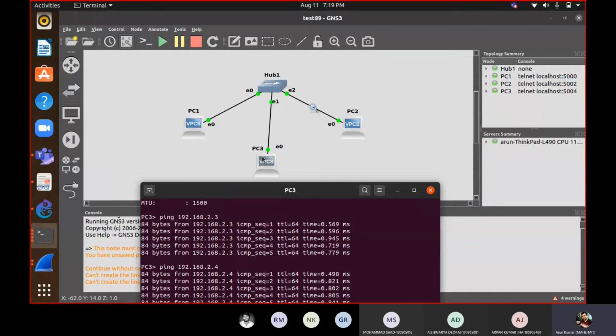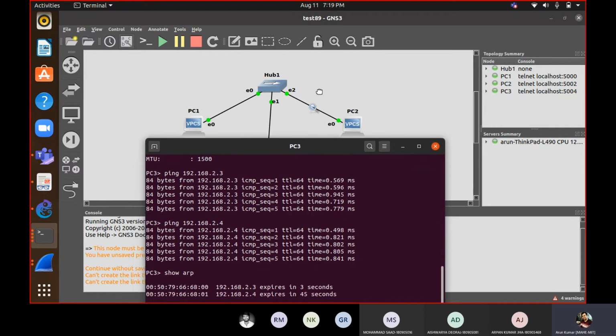Because we are communicating between PC3 and PC1, our expectation is that we should not receive anything over this link. What does PC2 have to do with our packets? But let's see what will happen.